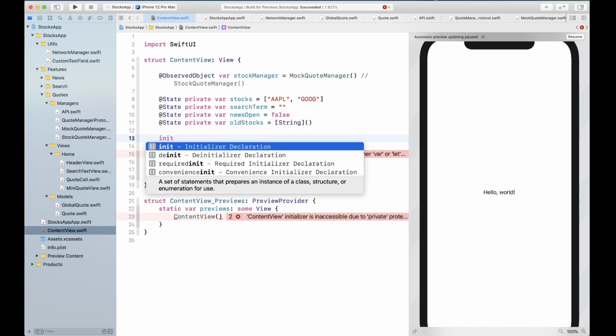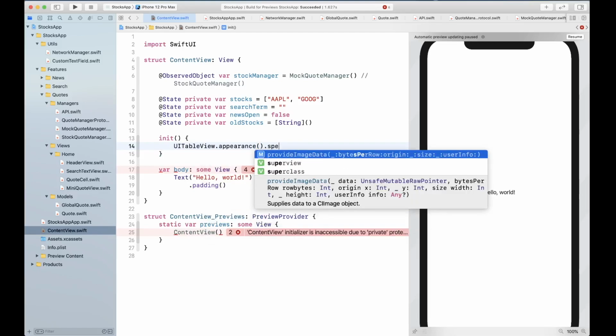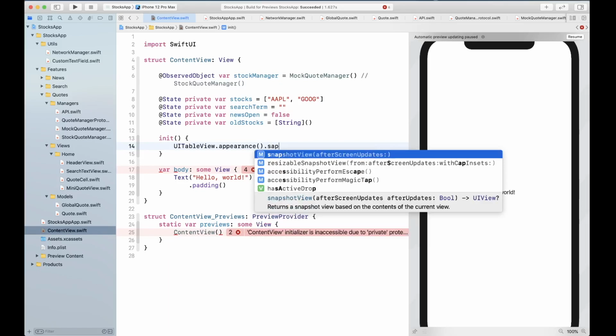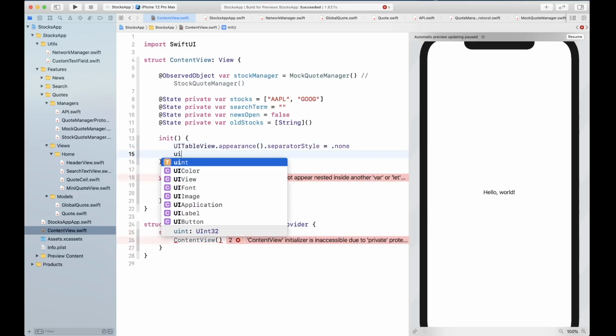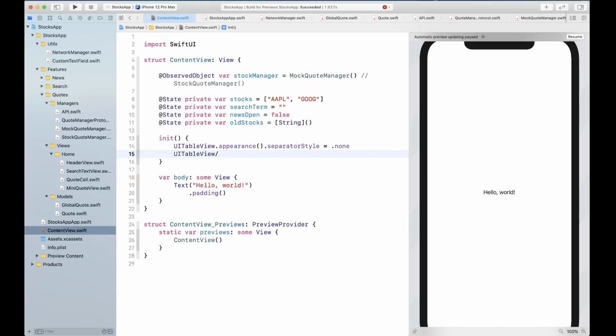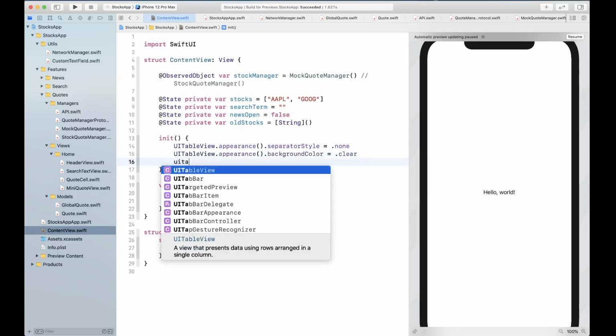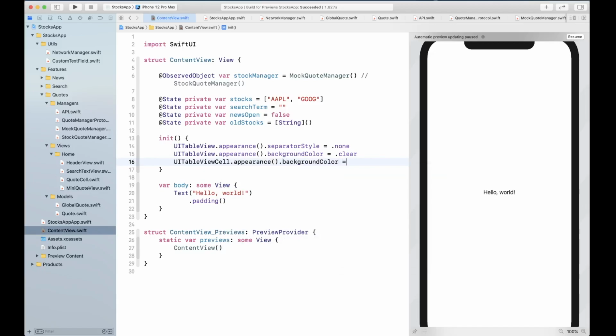Now we're going to need an initializer, and this initializer is basically going to set the table view appearance for separator style. So separator style is going to be none. There's not going to be any separator. And UITableView dot appearance dot background color is going to be clear, and UITableViewCell dot appearance dot background color is going to be clear as well. Okay,